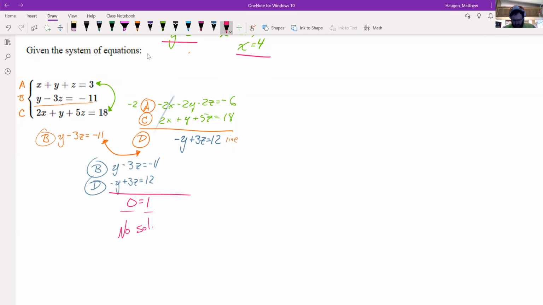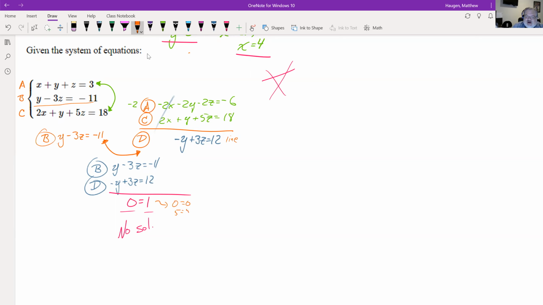So if we end up with some fundamentally false statement, that means we have that case where the three of them just miss each other. And again, that's going to be common. Sometimes you'll end up instead with a fundamentally true statement. You'll have something that ends up looking like, say, 0 equals 0 or